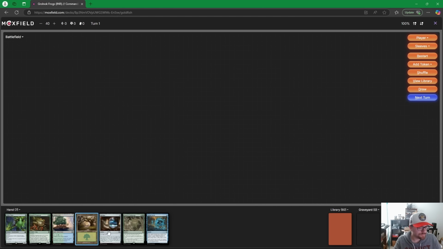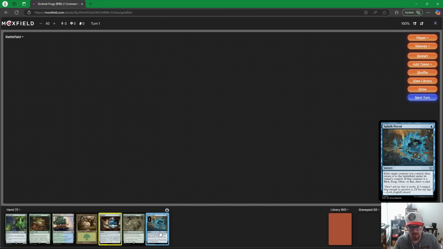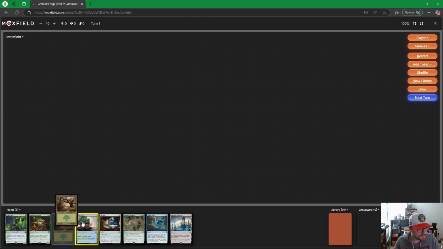Keeping a 2-lander with a Soul Ring, Gargantua, Willowgeist, Season of Gathering, Splash Portal, a way to blink a creature, and if it's a frog, we get to draw a card. And then, so 2-lander. So turn 1, I mean, it would make sense to get the Soul Ring down turn 1. We wouldn't get to play anything else this turn, right? And at this point, next turn, I guess it would be just